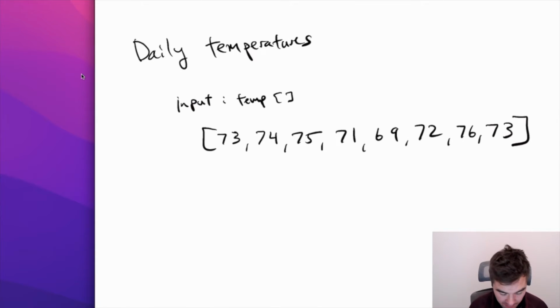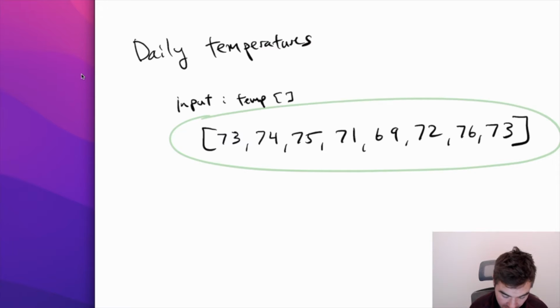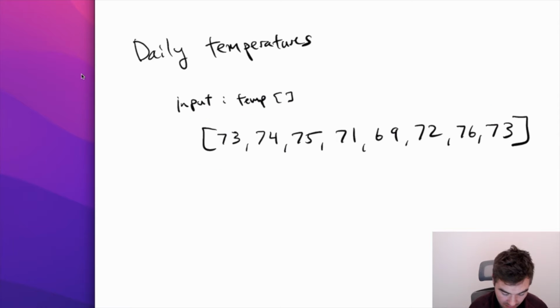Okay, so going over to the iPad, here is the solution without code. So just whiteboarding it out for you to understand the concept. So here is the input array. We have the input array here, and these are daily temperatures, and we need to return an array. So the output needs to be another array, the same size as the input array, but we're going to return